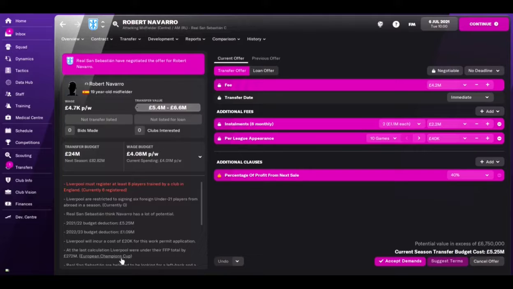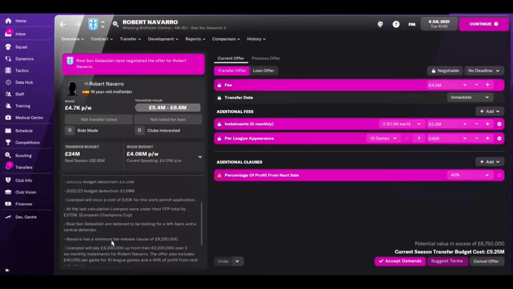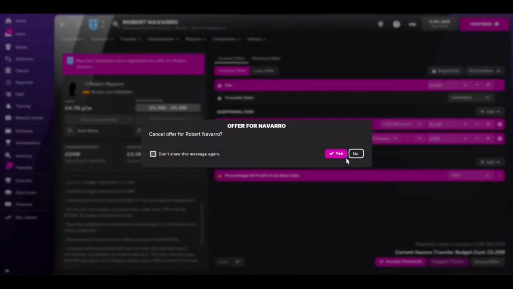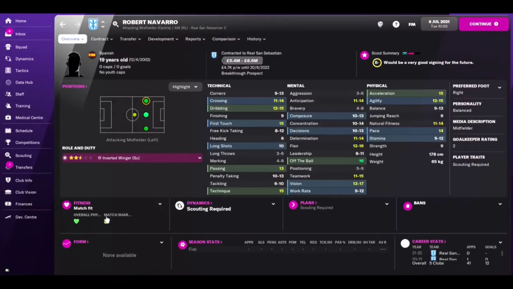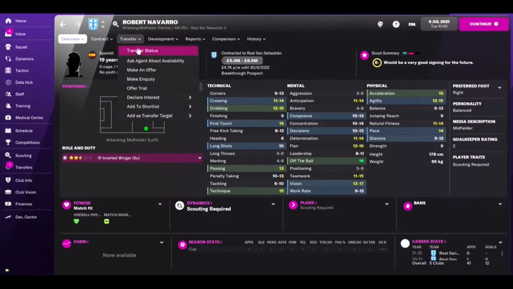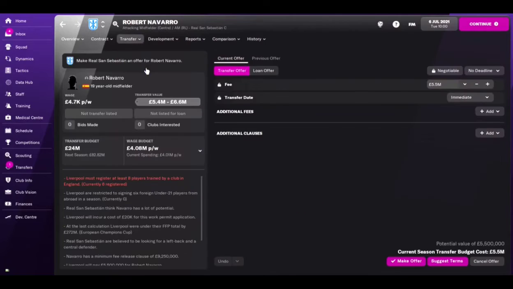And if you look down here, let's have a look. Here we are. There we go. Navarro has a minimum fee release clause of 9,250. So if I cancel this, I'm not sure if it lets me just go back in and start afresh. So let's have a go. Make an offer. Right. So if I now go 9,250, if you look here, the little green thing, it basically says the fee matches or exceeds the clause